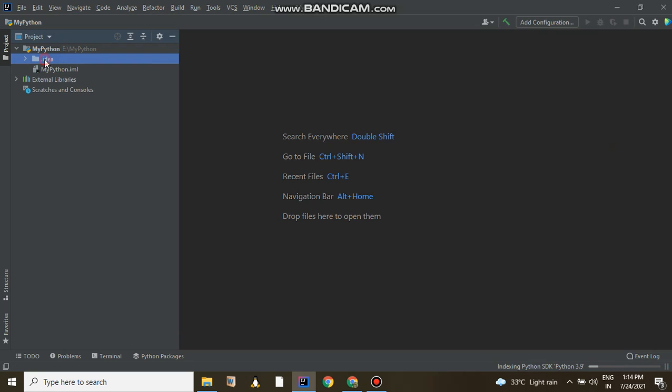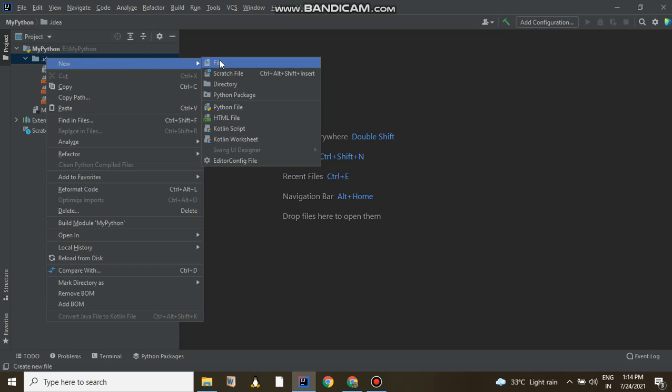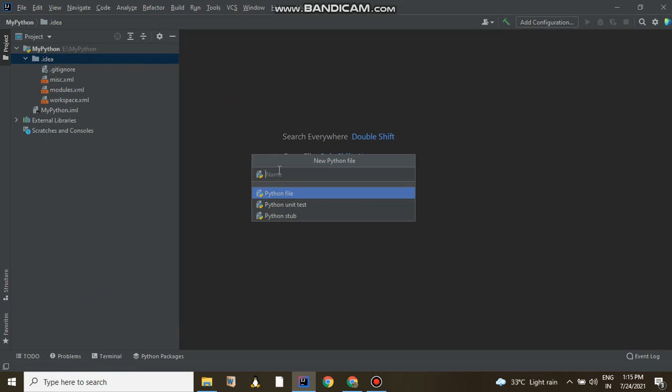then expand it, right click, then create a new file. Okay, Python file, and let the Python file name be my first Python.